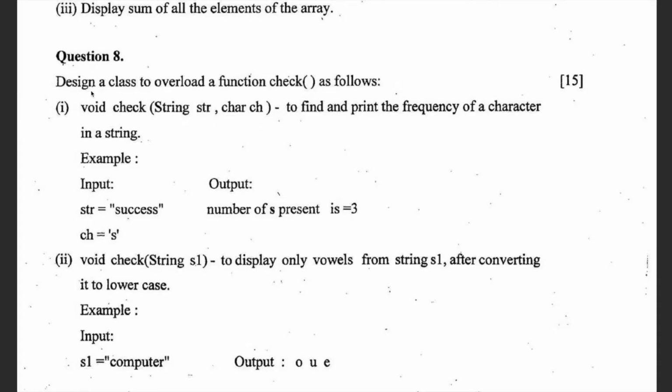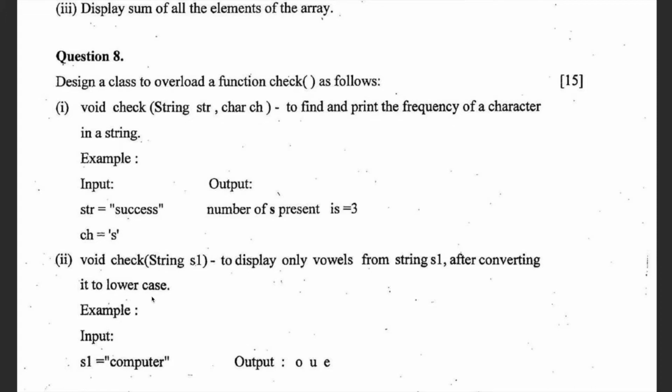So the question says, design a class to overload a function check as follows. The first definition is void check, which takes a string str and a character ch. This is to find and print the frequency of a character in a string. For example, if the input string is success and ch is s, then you print the number of times s is present is 3. The other definition for this overloaded check takes a string and displays only vowels from string s1 after